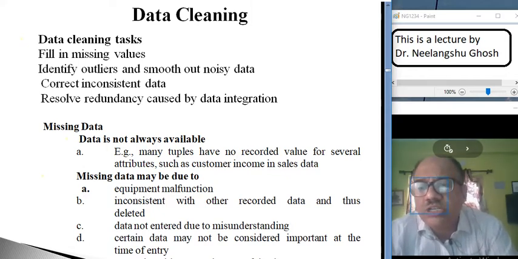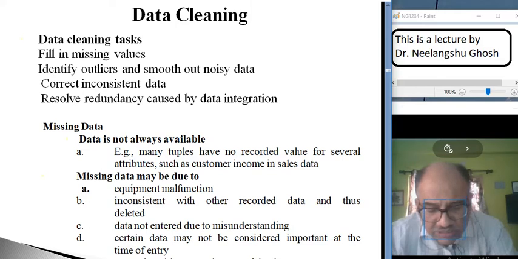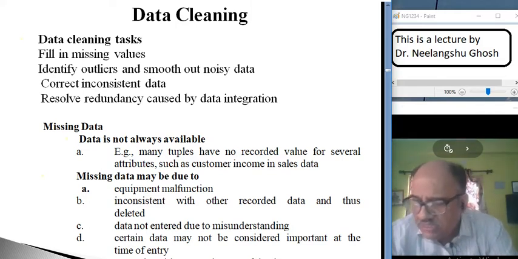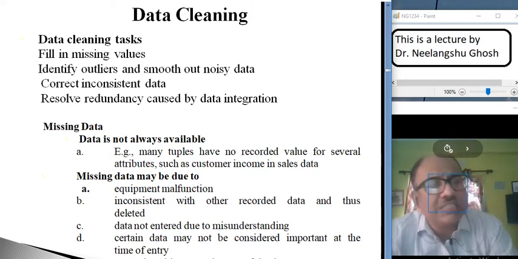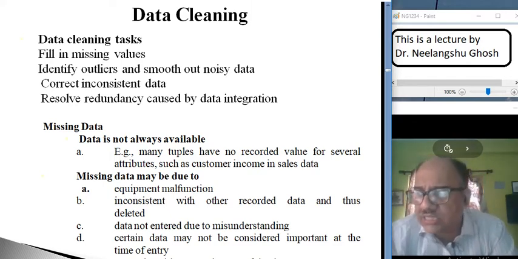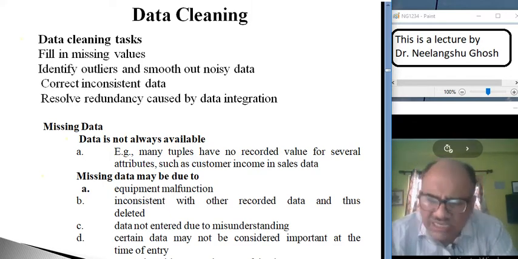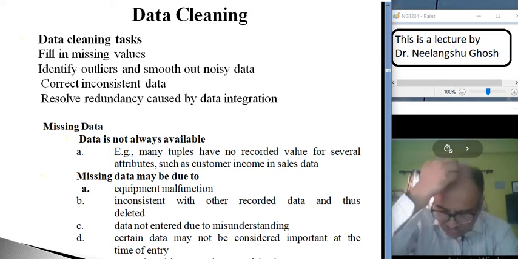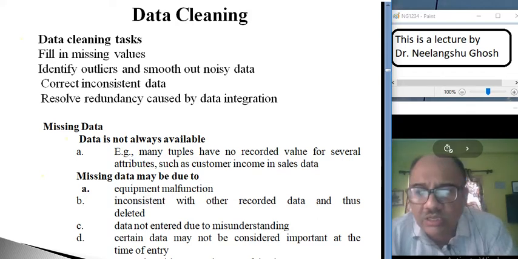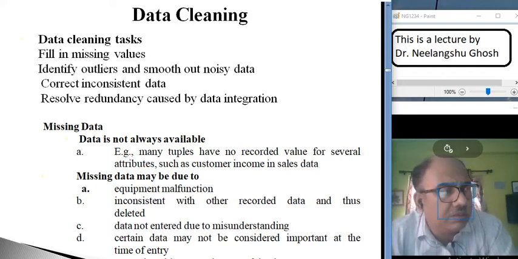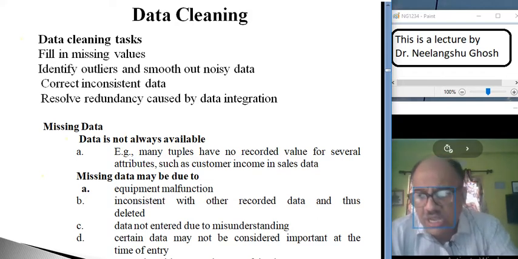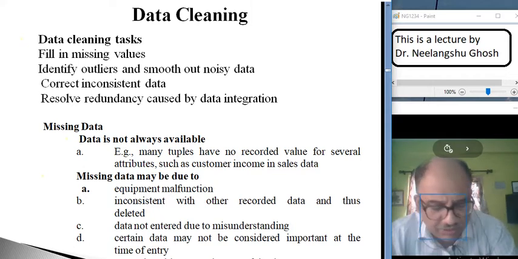Also, data inconsistent with other recorded data could be deleted. Inconsistent means not having parity with the other data. Suppose you are trying to find the average height of the students.